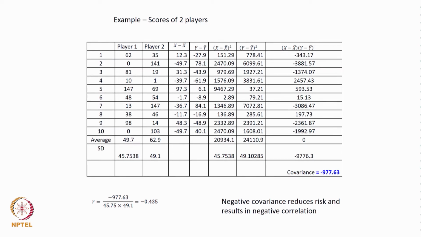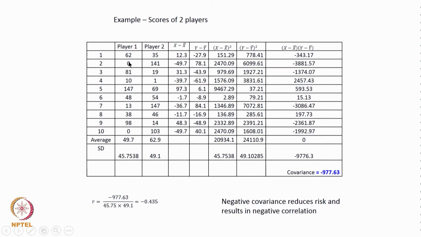So one can make a general conclusion that since these two players have a negative covariance, one can expect a lot of balance when both of them are playing. In situations where one is playing and getting a high score, the other does not seem to get a very high score, but they seem to balance each other out, because on the days when one of the players is getting a lower score, you can observe that the other player has got a reasonably high score. For example, you can see a 98 and a 14 here, and you also see a 0 and 103